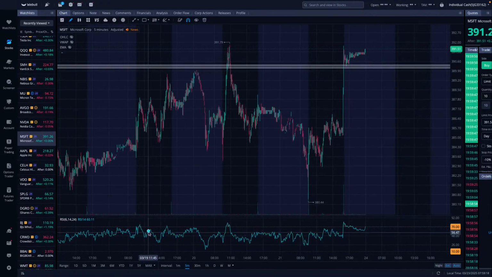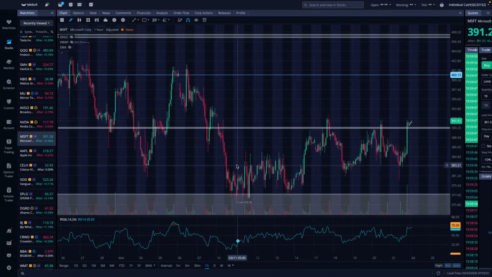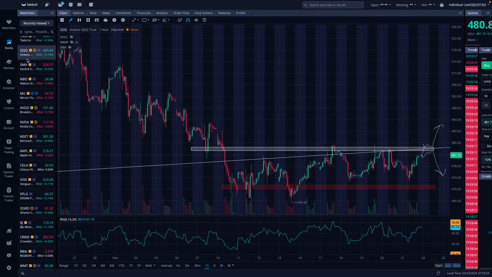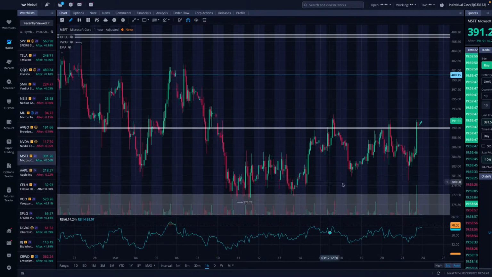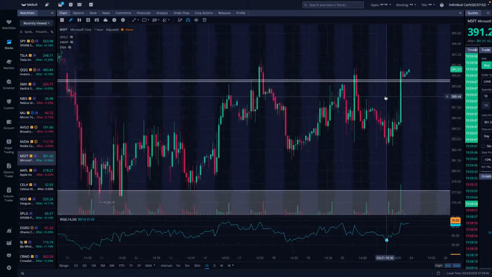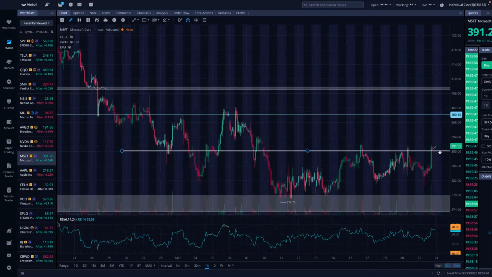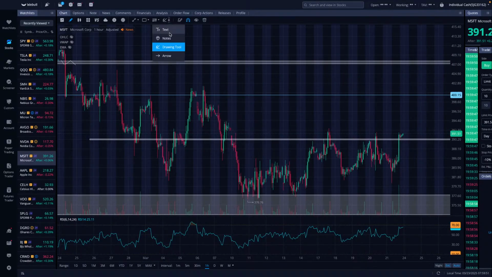If you're going to trade this, you have to hold this 390 level. But in conjunction, you need to watch QQQ and see, are we going to hold this 485 level? When you're trading, it's good to have QQQ up and one of your big caps, let's say Microsoft, that you're trying to trade, and I would be cautious and watch for that. Is QQQ holding 385 and is Microsoft holding this 390 level? If you can hold 390, then I think we can get a move back to about 400. But you've got to consolidate and hold this level. You're going to need a green market, a green day just to boost away from there. That's what I'd be looking at.